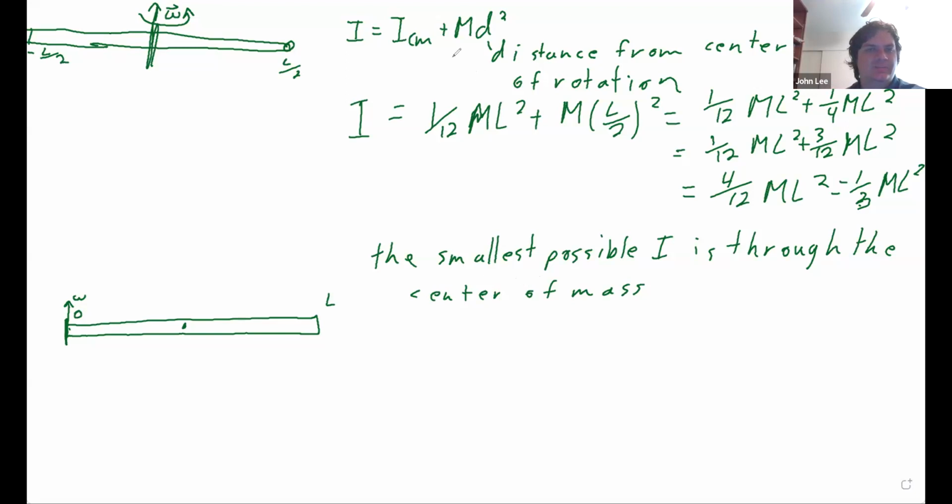As a consequence of this, because I center of mass plus md squared is always going to be positive, and I center of mass is always going to be positive. So these are both two positive numbers, but I center of mass, any distance away from the center of rotation axis